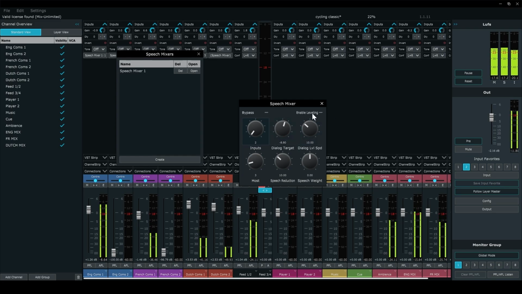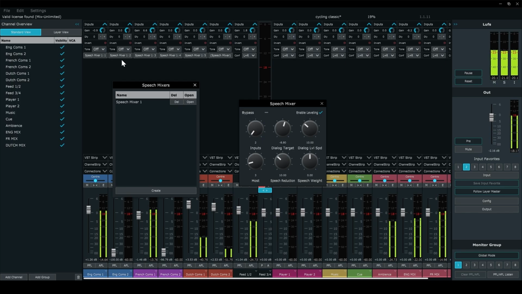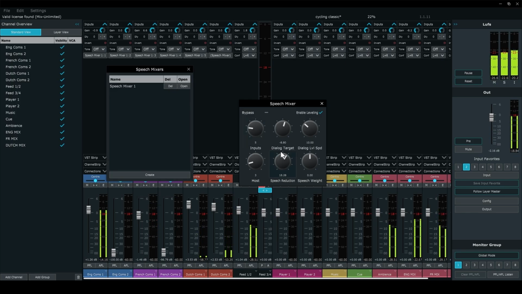Dialogue target is the level you want the output of the speech mixer to be. You need to adjust the input knob to match the number of channels you would like in the speech mixer. You can set how much other voices get reduced with the speech reduction value. Use speech weight to fine-tune the trigger sensitivity and control how quickly the mix reacts with dialogue level speed. This lets you keep the primary speaker up front without manually riding faders, and with multiple guests you'll get a